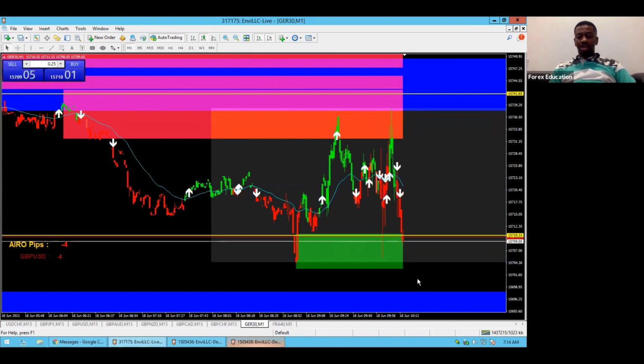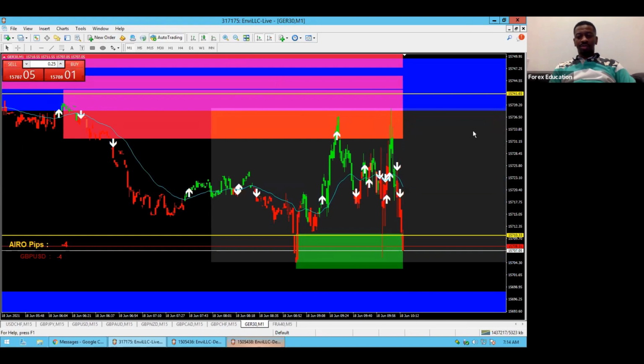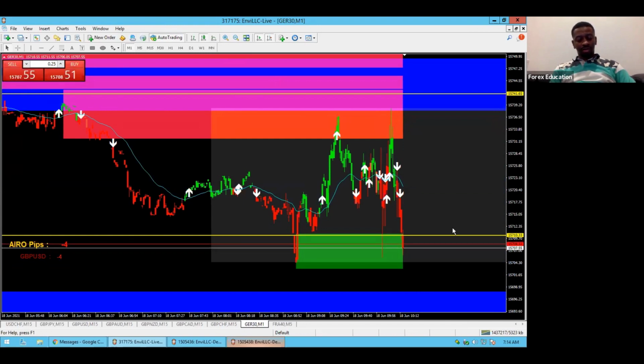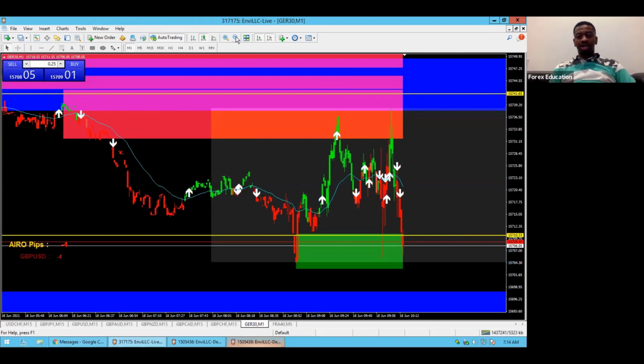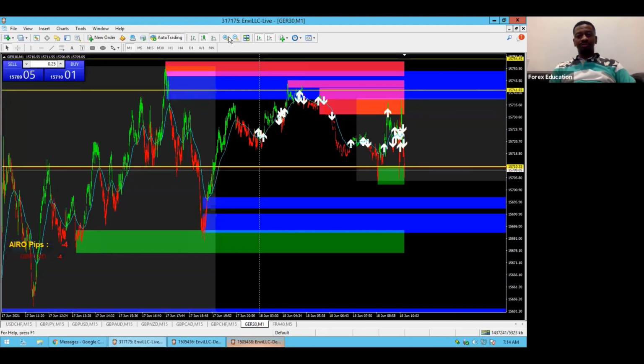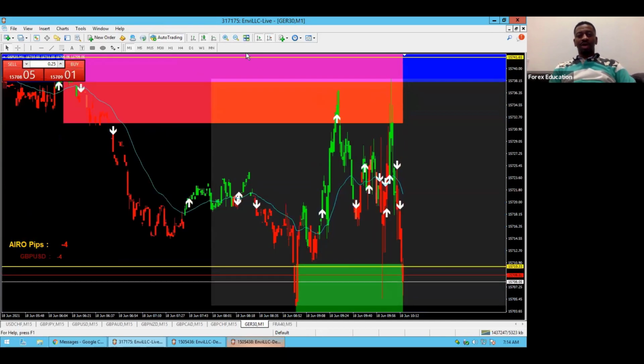If we can get a rejection back up, then we're looking for that. But as you can see, it's moving on down. Easy 300, if we only had the setup right. Look at it, moving on down. Easy 300. All right, so we already knew we were in a downtrend, guys. AIRO told us we're in a downtrend, and a 5-minute price came up.